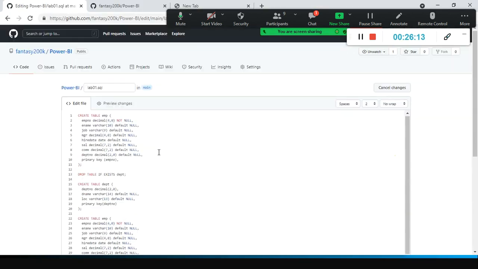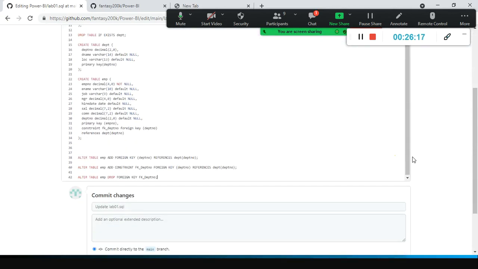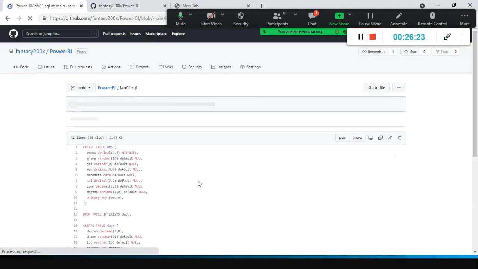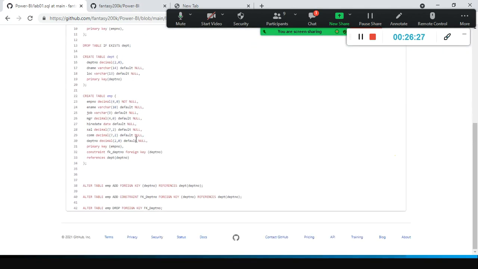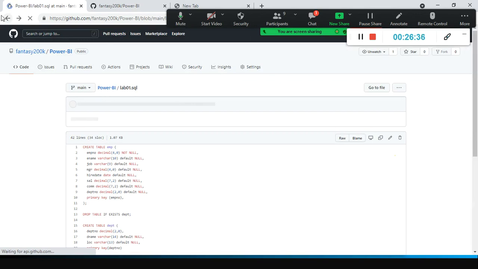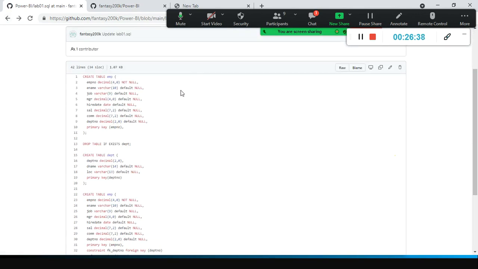Karthik, I am doing it for you because you are completely new to programming. You scroll down and commit changes. I would also suggest you all create an ID in github.com, and then you can clone all the scripts from my link to your own account, so that for the future it will be good.